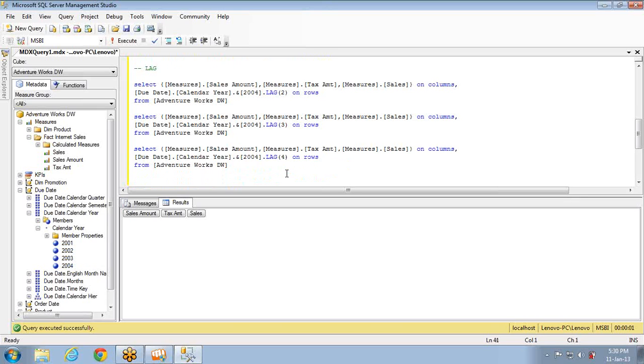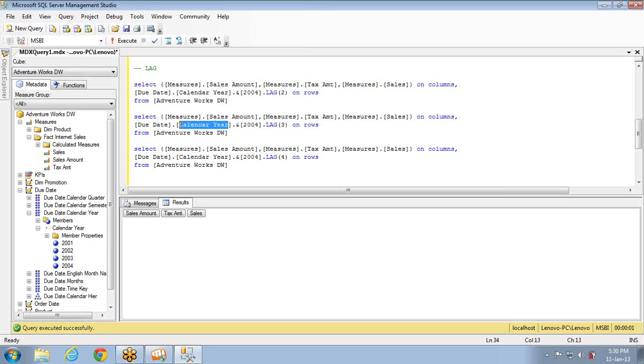So this is the lag function. The lag function will take you backward by the number of units you specified. Now here in this case I have specified 3 units, so it will take you back from this member in